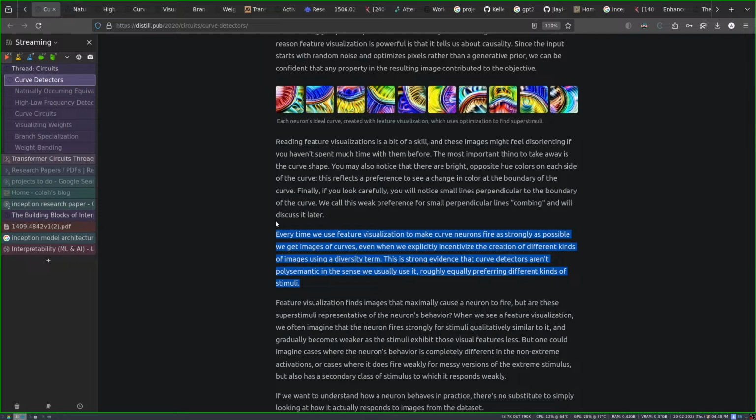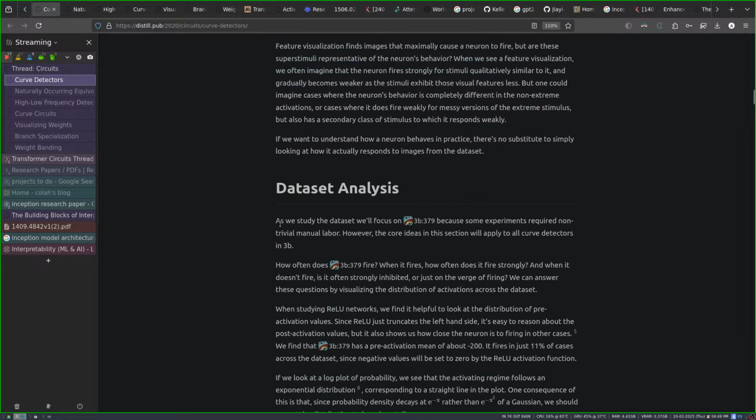But if that is the case, maybe we are taking the feature wrong. That might not be the correct feature. Anyways, as we study the data set, we will focus, because